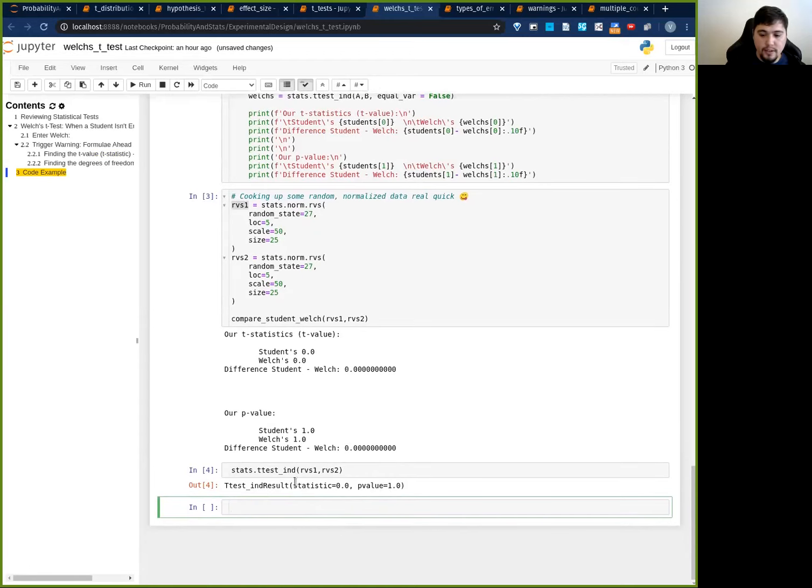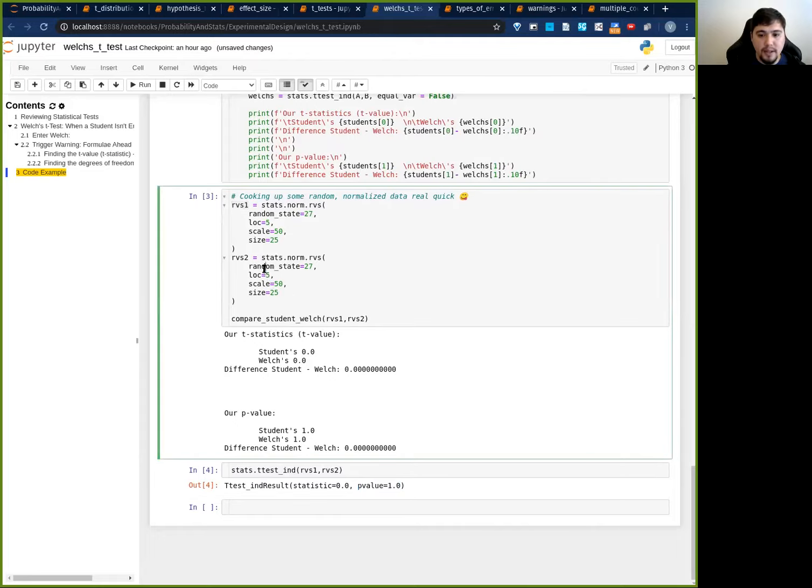This is what you get. Your t-statistic is your statistic. Your p-value is this. In this case, I think they're actually the same as each other, so your p-value is very, very high. If this was different from each other, let's say, for example,